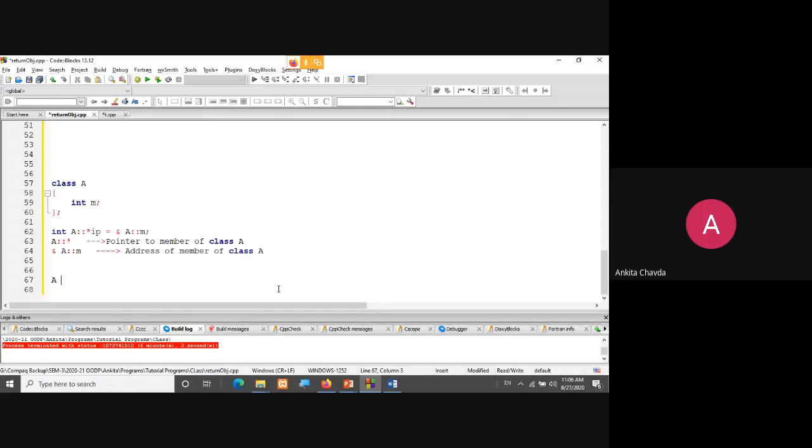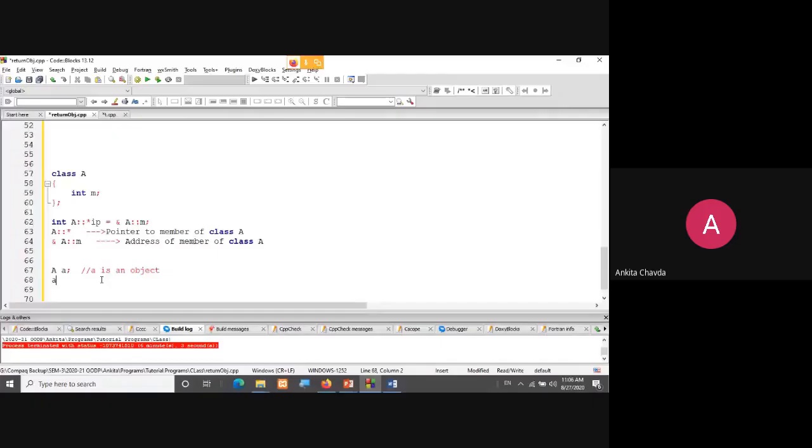So small a is an object, right? Now how can I access my pointer as well as my M? Because ultimately I want to access the value of M. So the value of M you can access by a.M. You can simply write cout a.M, right?